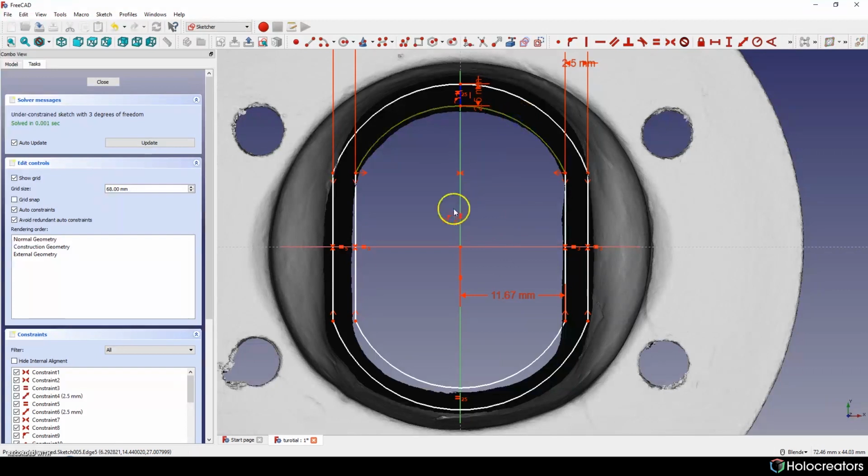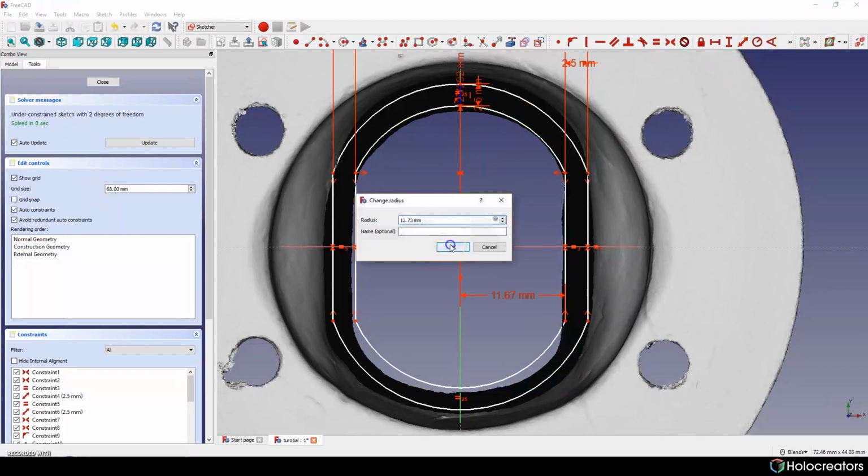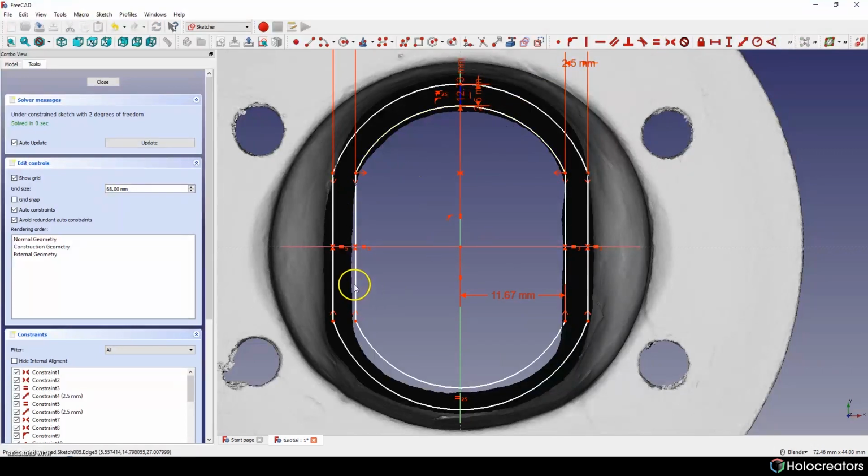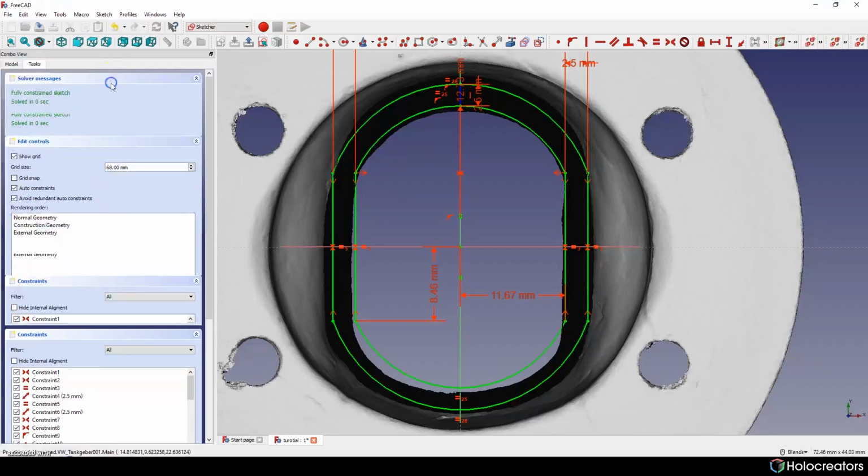Like this, and let's give it a radius. Okay, now we have just one. Okay, we need to make the circles equal, and it works for us. Now it's fully constrained. So basically we can close this window,